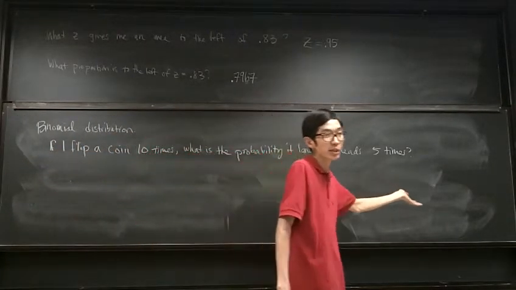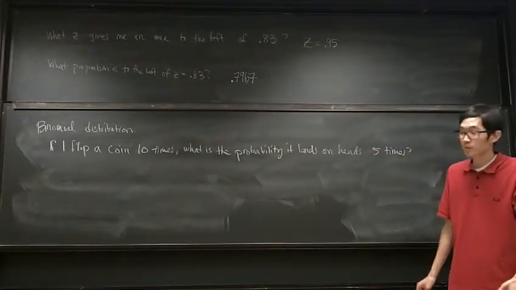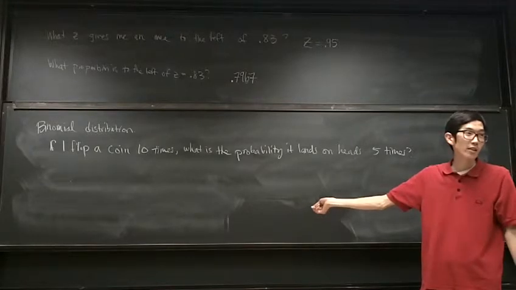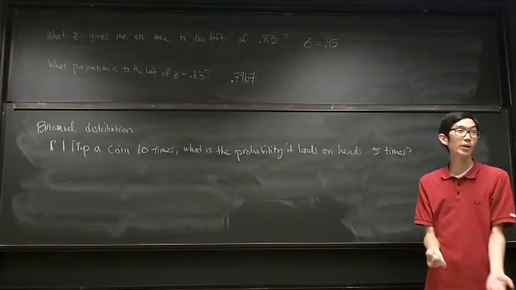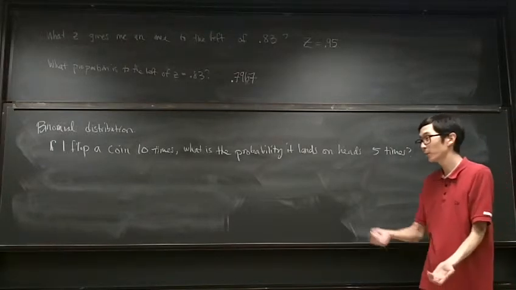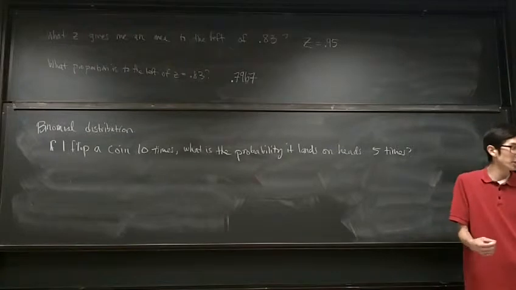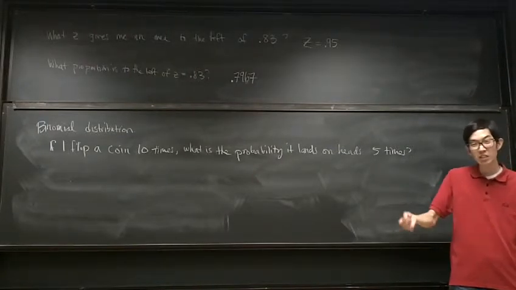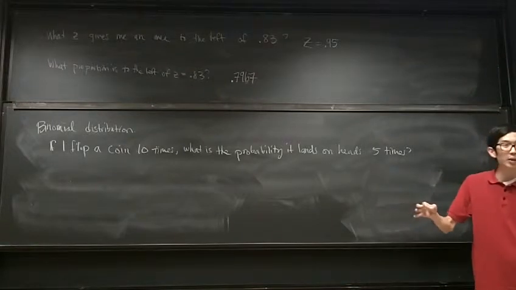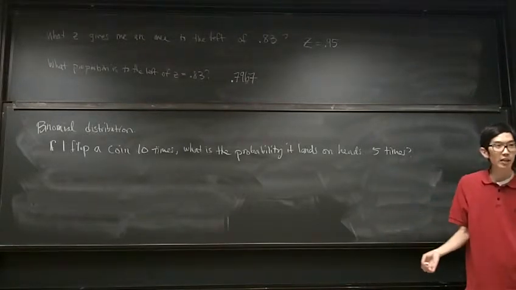Which one is the most likely outcome? 5 heads, right? Okay, but I might see 6 heads, okay? And that would be just as common as seeing 4 heads, right? And I might see 10 heads, but that seems pretty rare. But equally unlikely would be seeing 0 heads, right? So I'm expecting 5 heads to be the most common thing, but it's not going to happen all the time,